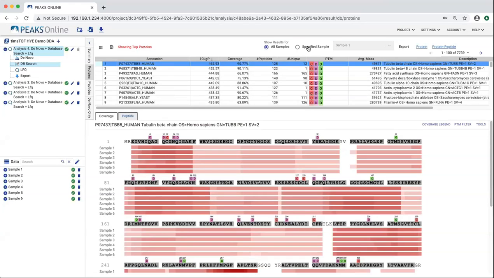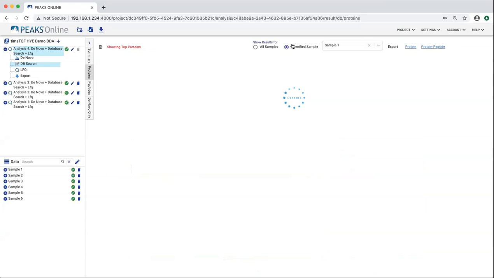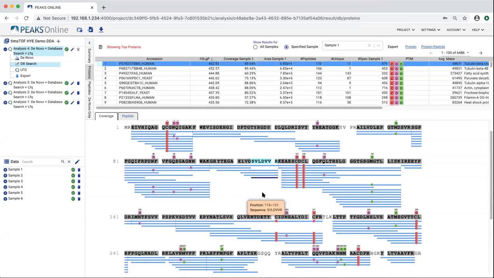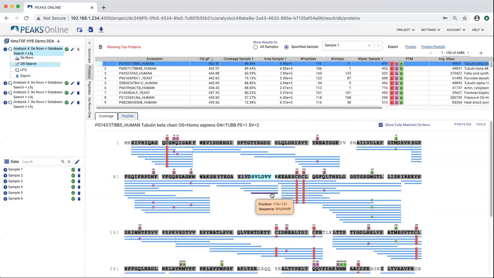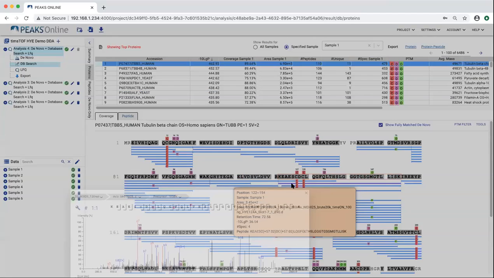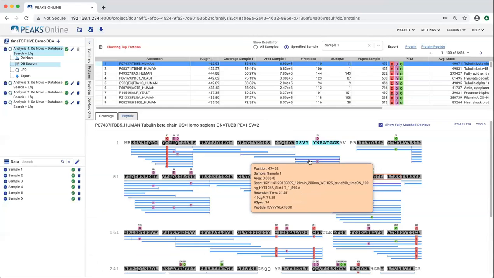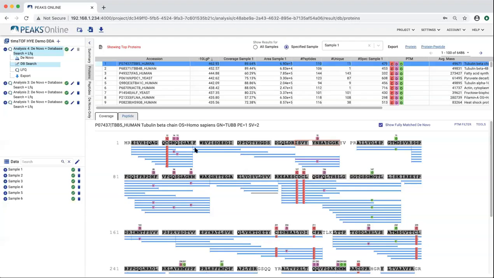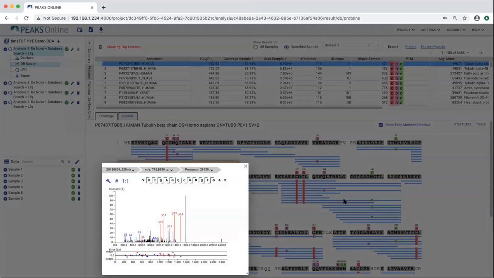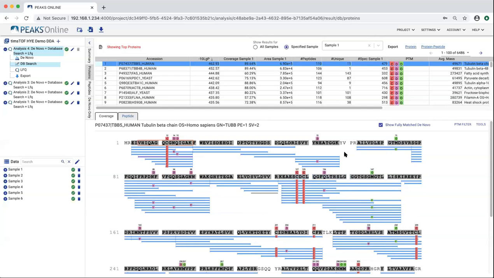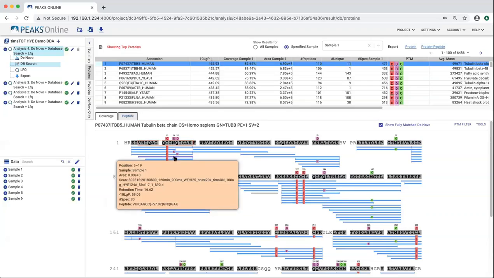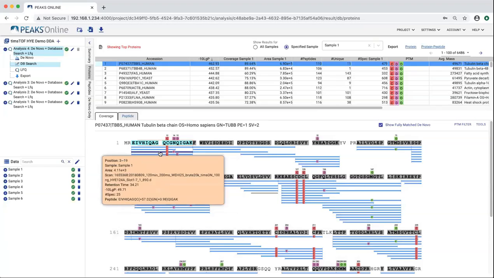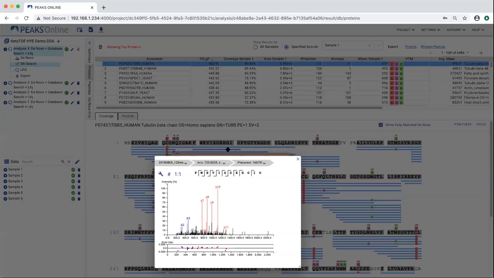If you wanted to look at individual samples, you can just at the top here click specified sample, sample 1, and you get your traditional coverage map. And of course, this is interactive. You can click on any peptide and view the spectrum of that peptide quite quickly if you go around, or you can actually double click on it. Oh, my double click is not working right now, but you can